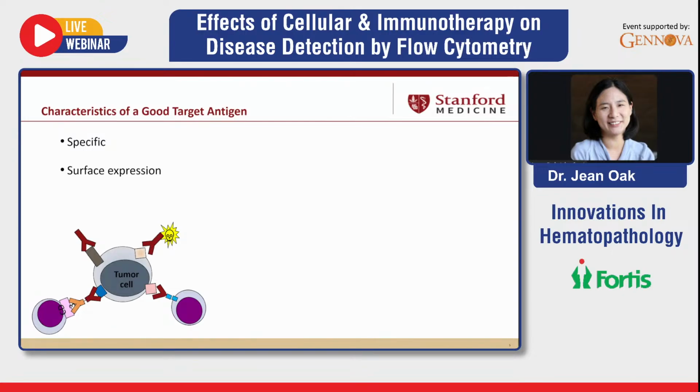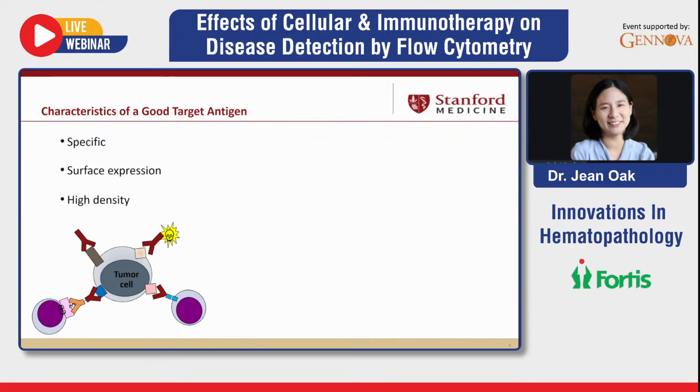So the target has to be on the surface of the cell. And lastly, you need the signal to be nice and strong. So you need the antigen to be expressed at a high density. And this matters because the density of the antigen seems to directly correlate with the strength of the signal and